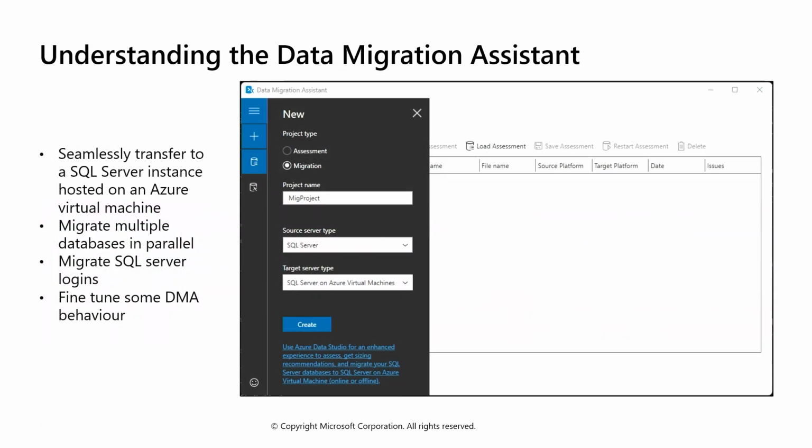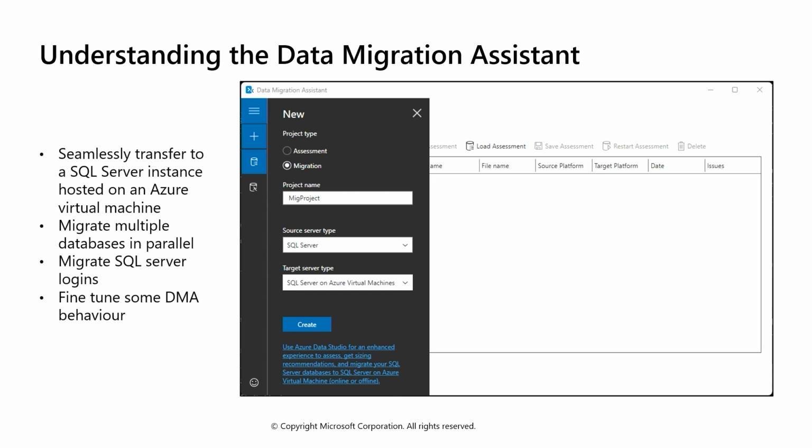The Data Migration Assistant, or DMA, is a powerful tool designed to facilitate the transition to a SQL Server instance on an Azure virtual machine. It allows for the migration of multiple databases at the same time, which can significantly reduce the downtime and streamline the migration process.